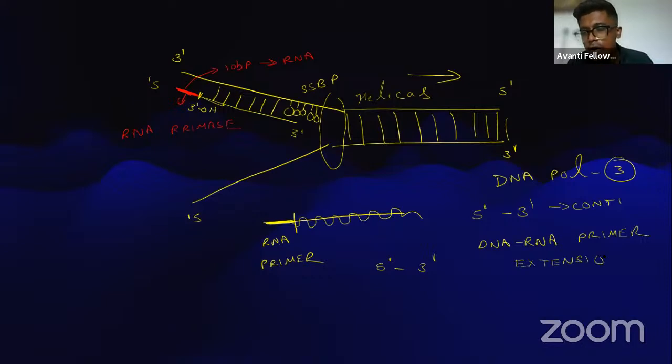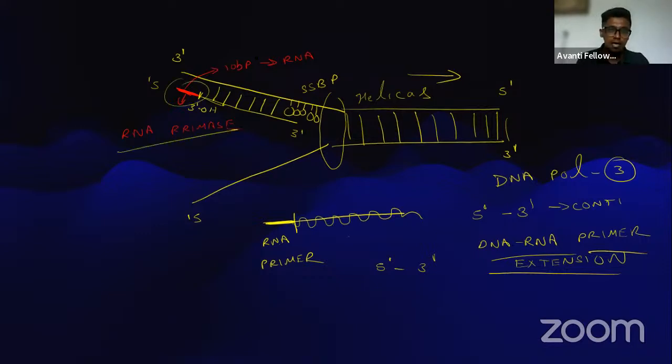Okay, this process is called DNA-RNA primer extension, which is also the role of DNA polymerase 3. So what did we understand? In the continuous strand, we first have the RNA primase. It will come and start synthesizing a 10 base pair RNA, and this RNA is nothing but a primer RNA. Using this primer, a DNA polymerase